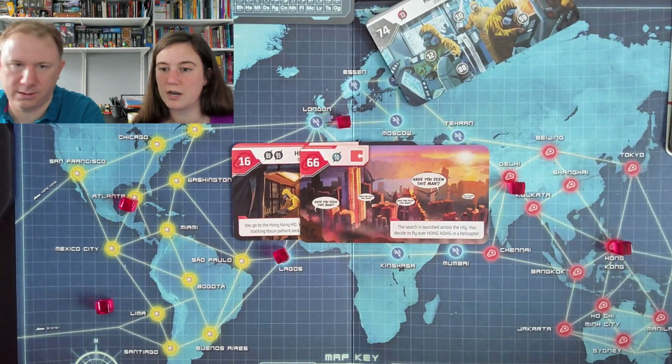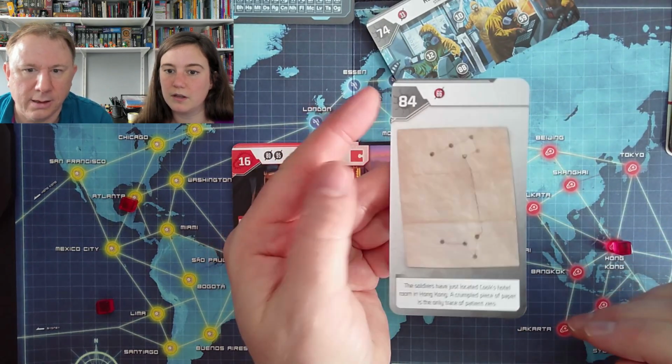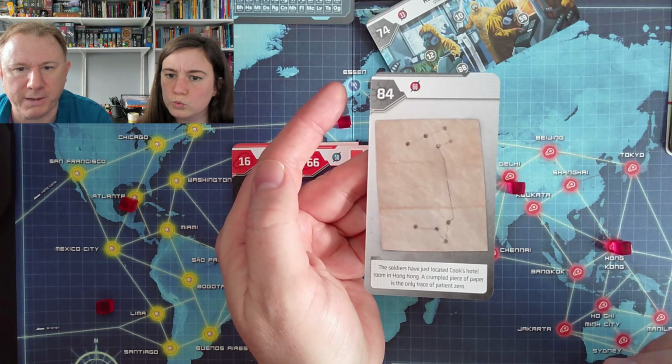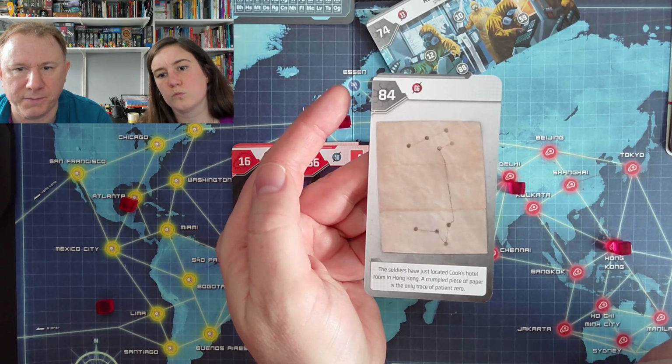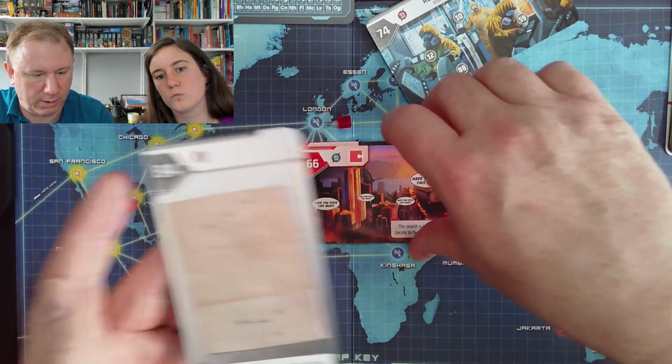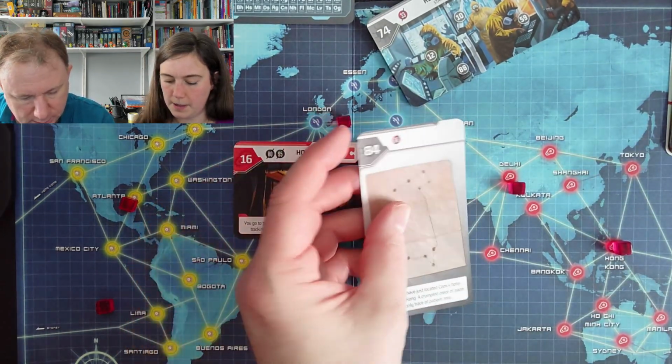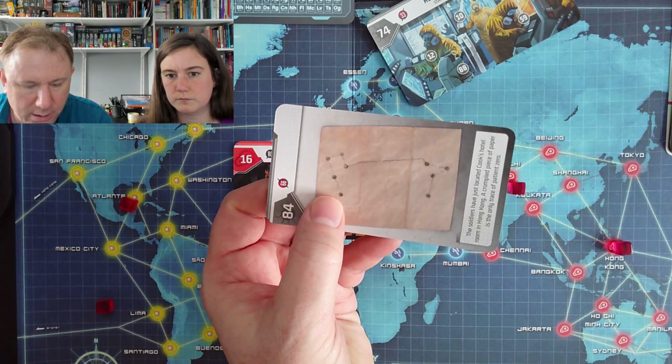It's a good start. It's a good sign. Yes. Well done. The soldiers have just located Cook's hotel room in Hong Kong. A crumpled piece of paper is the only trace of patient 0. Right, it doesn't say to get rid of... Oh, it does. It says to get rid of 66. Right. Okay. And then there's what looks like...